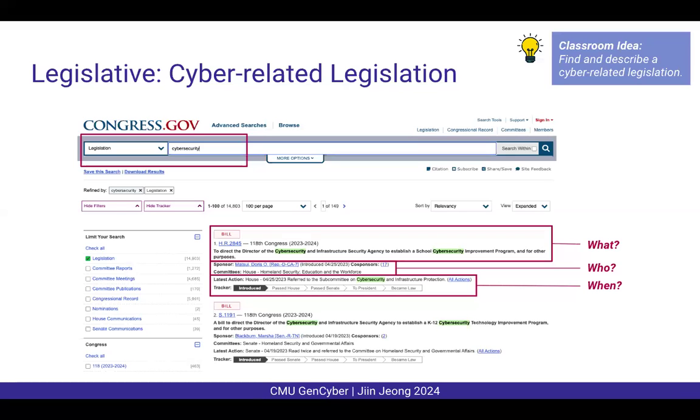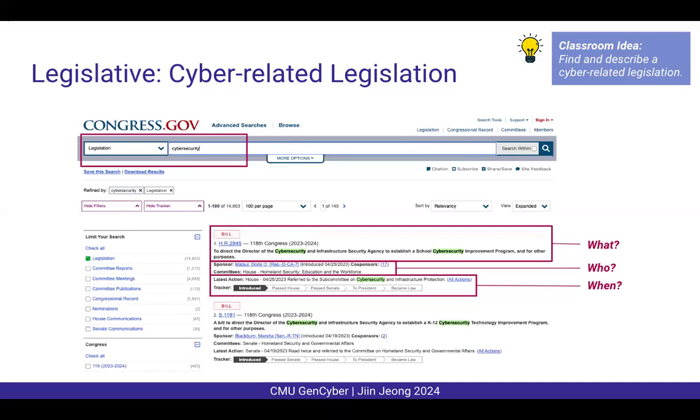And actually, the procedure for these two are slightly different in that you have to first pass the House for House originating bills, and for Senate originating bills, you have to first pass the Senate and then move on to the House and then the President and become law. So the 2845 and the 1191, the numbers next to the letters represent the number of the bill. And you can also see the title of the bill or the resolution right beneath the numbers.